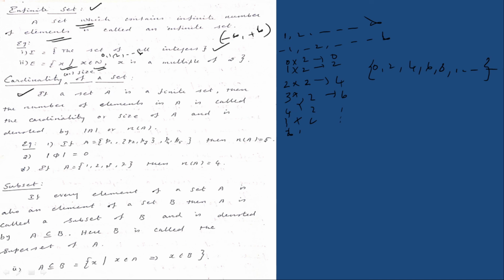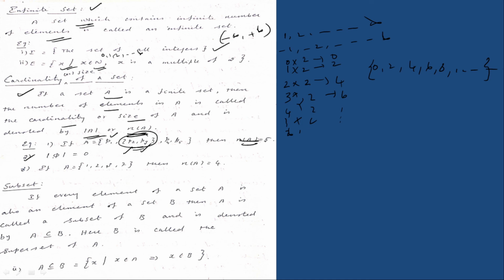Next, cardinality of a set or size of a set. If a set A is a finite set, then the number of elements in A is called the cardinality or size of A, and it is denoted by |A| or n(A). So the number of elements which belong to a set represents the size or cardinality of the set. If A is a set consisting of P1, and it has a subset that consists of P2 and P3, then P4 and P5, then n(A) is the count of all elements. You have to count these two separately; don't count them as 1. So P2 is one element and P3 is the next element. So P1, P2, P3, P4, P5. Totally we have 5 elements. So n(A) is equal to 5.